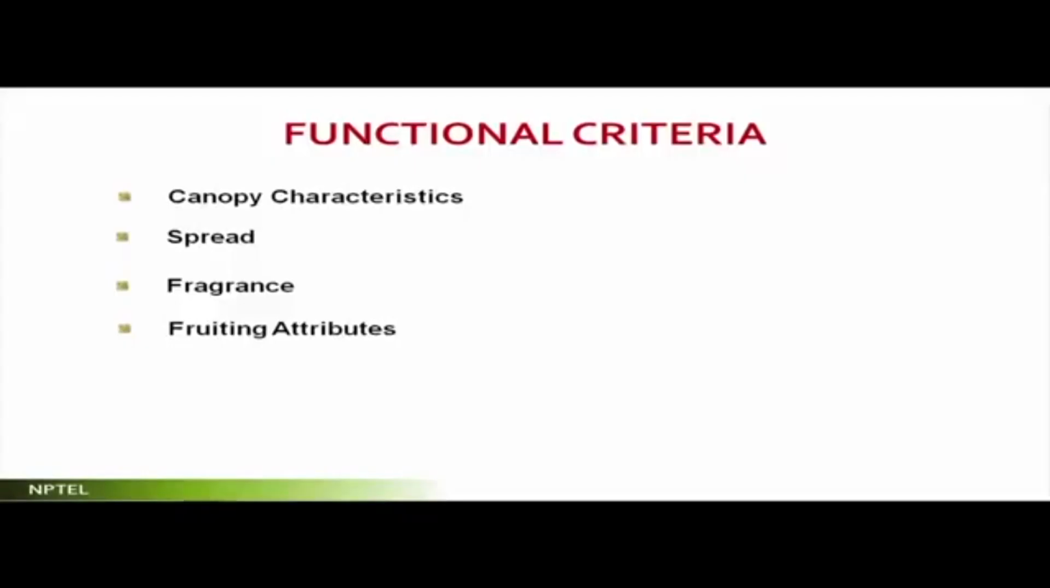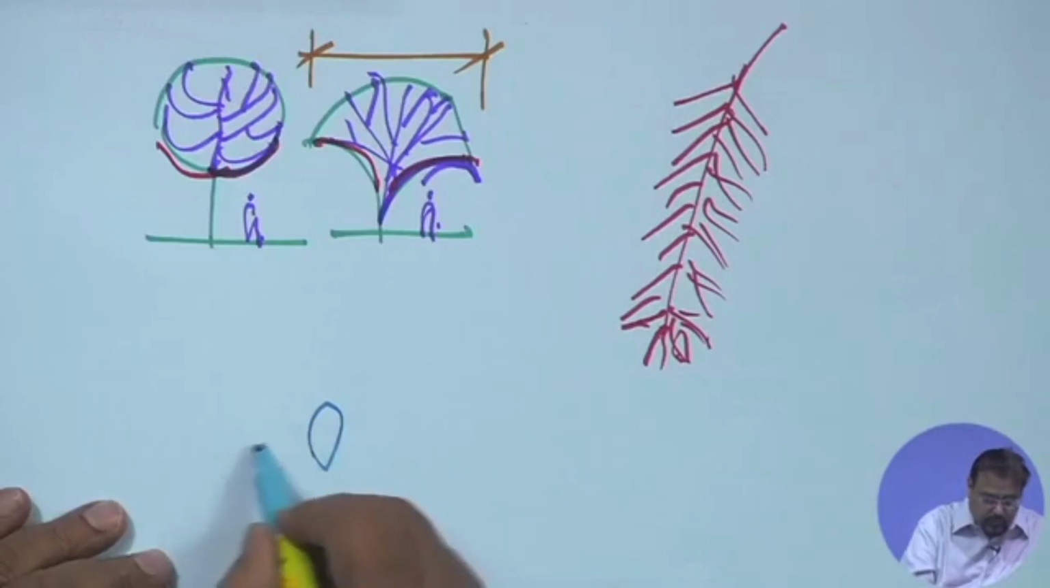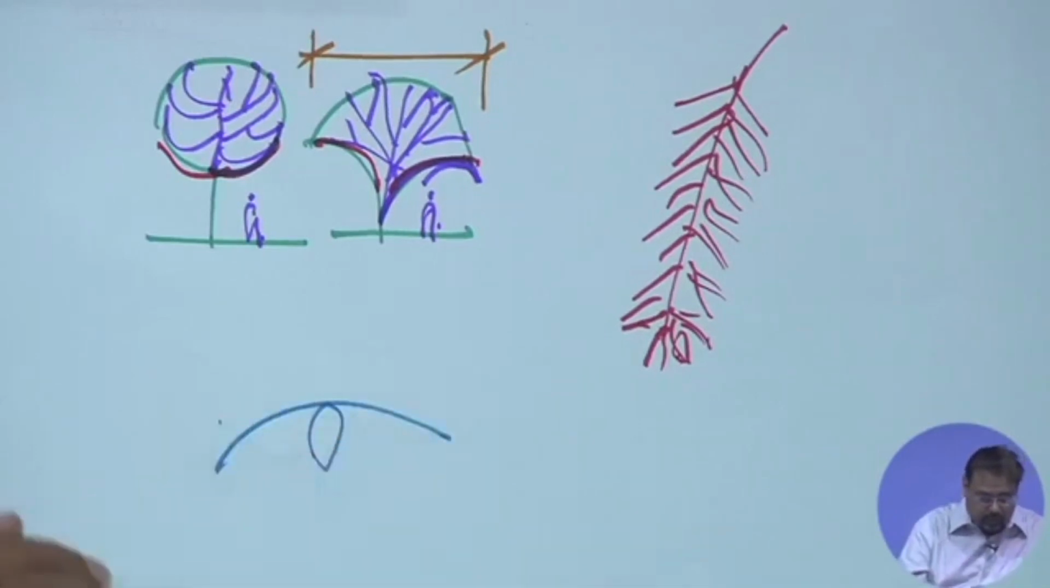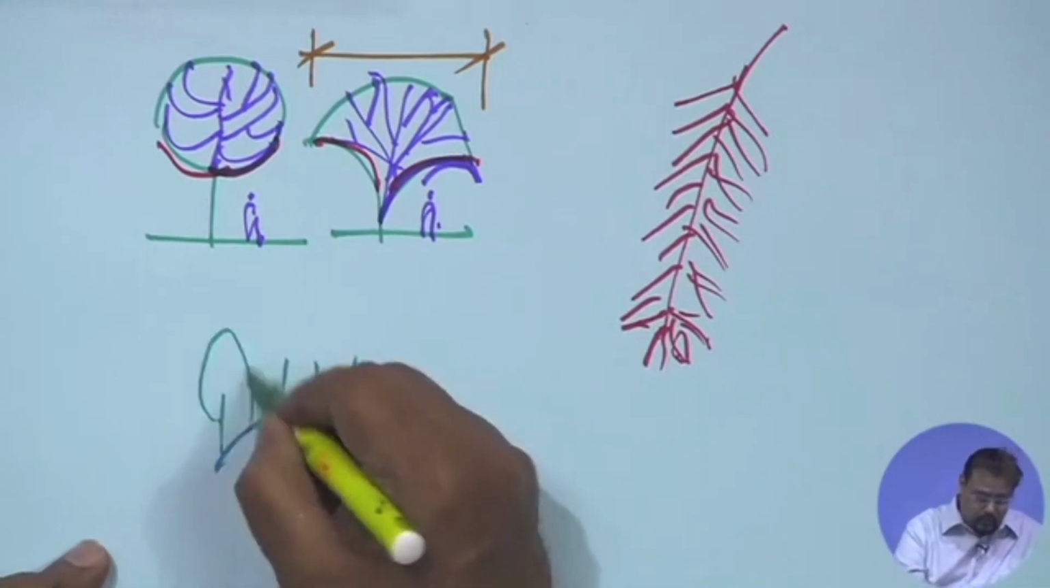When I'm trying to make a particular landscape in which the plantations will give me an economic return, then the fruiting attribute is one of the strongest. Okay. Then backdrop. It is something like, let me explain. You have an object and you want to create a backdrop behind, and in this you have planted those trees which will have,